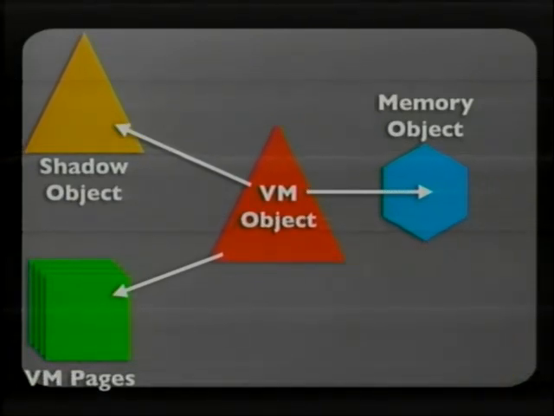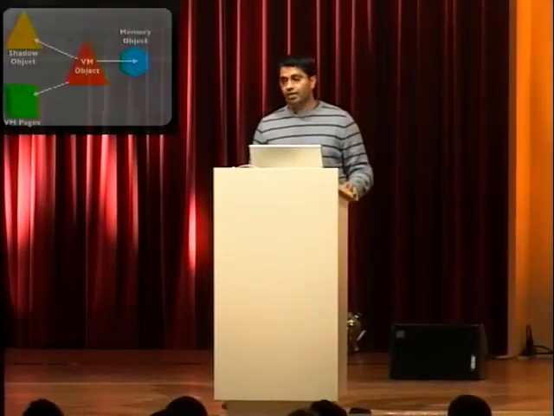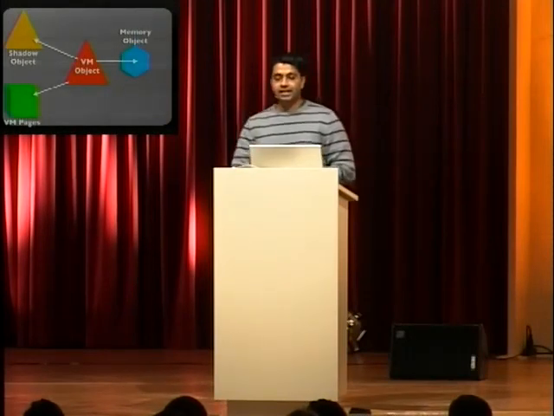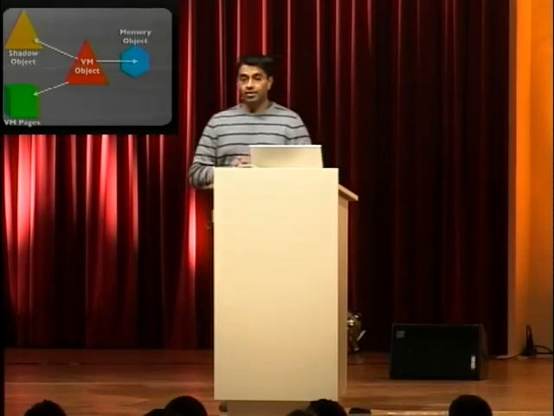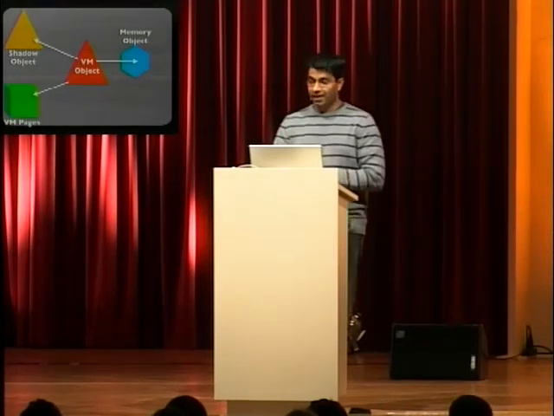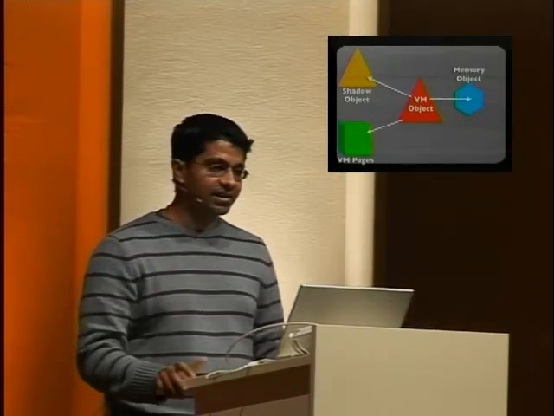Shadow object is actually another VM object. If it gets weird or complicated, tell me. I hope not. So shadow object is another VM object which gets created when you do copy-on-write. To begin with, you have one VM object, and let's say you copy-on-write share it with somebody else. So to begin with, there's just one VM object, and somebody actually writes to it. What the kernel will do is create a shadow object, which will contain the pages that you just modified. And it'll attach them such that for the person who modified, when the kernel is accessing things on their behalf, first you will look in the shadow object to see if there's a new copy. It's basically common sense stuff.